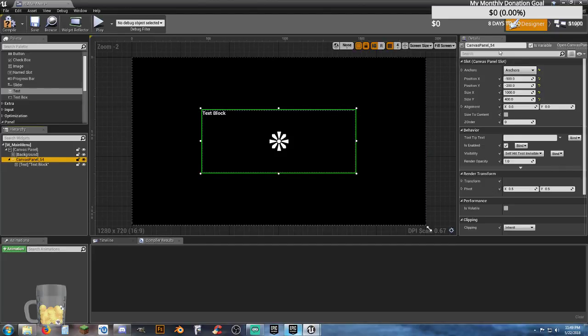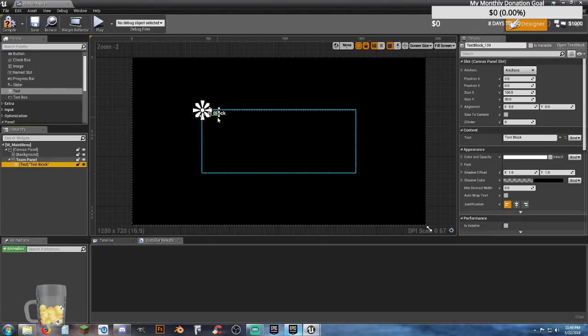We're actually going to call this canvas panel our team panel. Alright, so we actually have that there, and we've put this in here. Now if we want to, we can drag this anywhere we want, and we're just going to make it bigger for right now. We're going to add some text in here to say select a team,